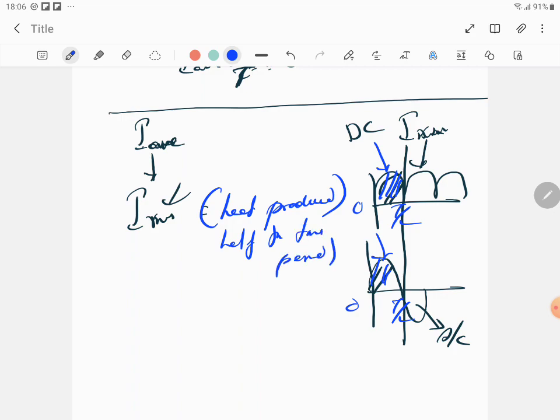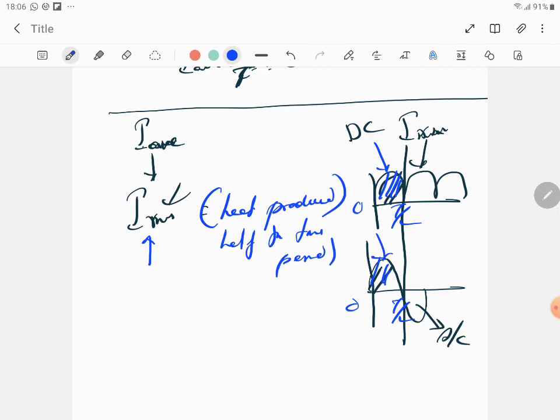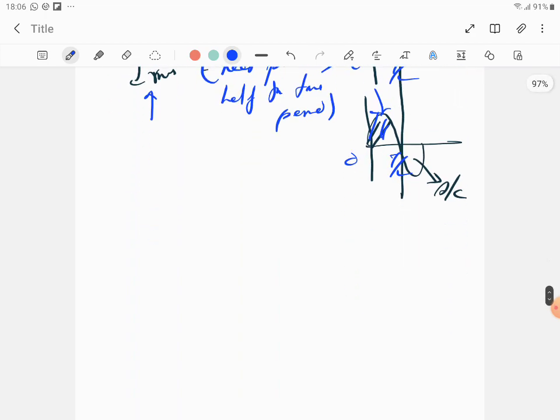So in a circuit, we are passing a DC, and we are passing an AC. For half the time period, how much heat would have been produced by a DC? The same amount of heat would be produced by AC. And that value of current is what is called I RMS. In fact, to define it, they would say it's defined as the value of the direct current which produces the same heating effect in a given wire as produced by the alternating current when passed through for the same time. But we are taking it as T by 2. It produces the same amount of heat for the same time. So that's a definition.